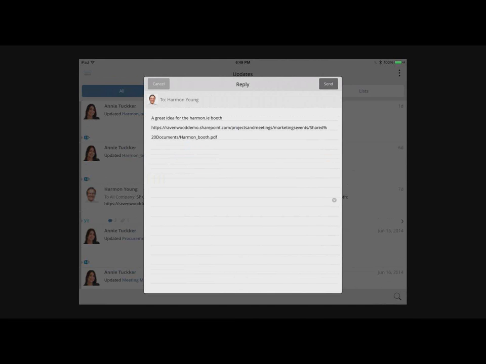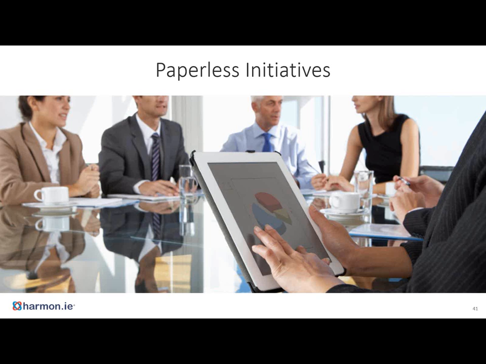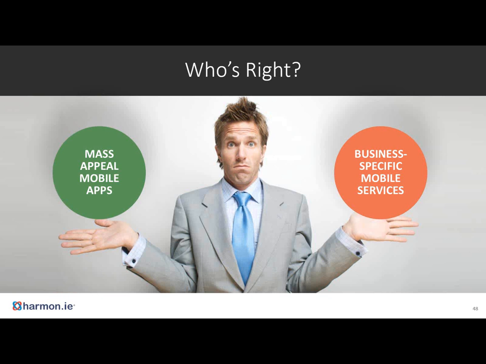So that shows two examples of mass appeal mobile app approach and two examples from a business-specific mobile services approach about how companies can drive their mobile initiatives forward. And the question at the end is, who's right? And you folks answered in the polling question that most of you don't have a strategy yet, and I think